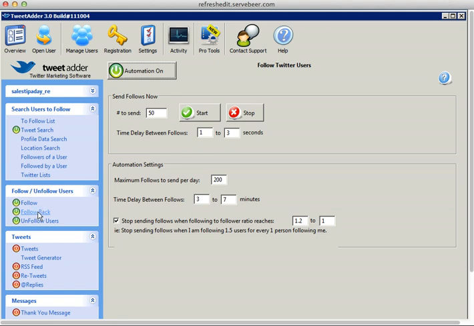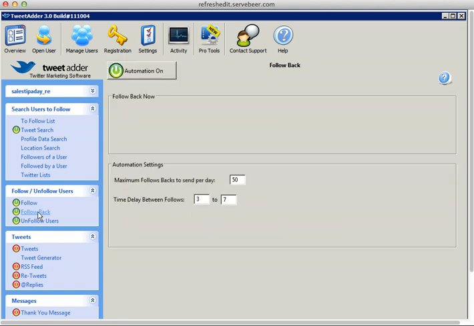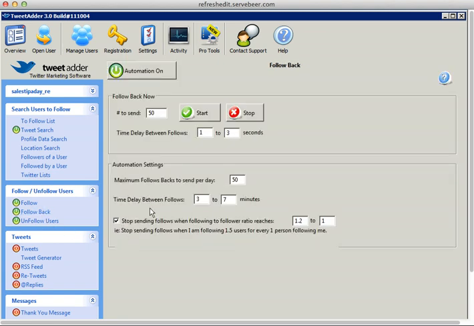Same thing is people will follow you back, or people will follow you without you knowing that, and you can actually follow them back as well. Same sort of thing is, if you go out and you're following people, some people do the same to you. So what you want to do is you want to be able to follow those people back as well. This one's at the preset limit, so it's at 50. I'd keep it about 50. Same thing, between 3 and 7 minutes is the time delay between these, and stop following at 1.2 to 1